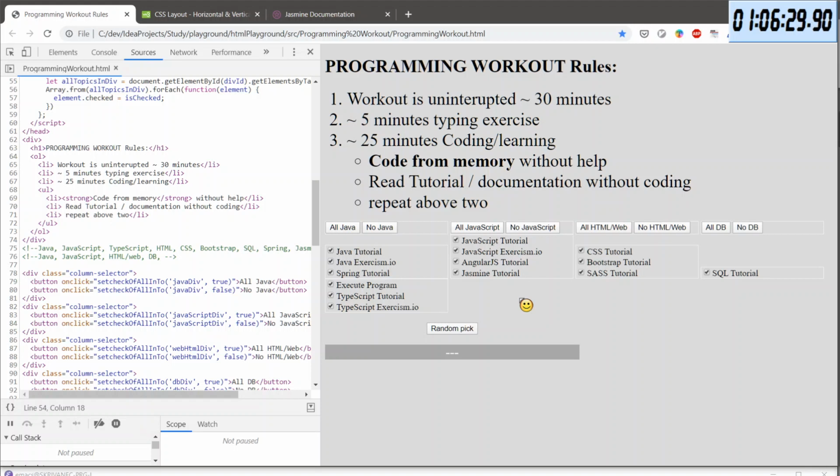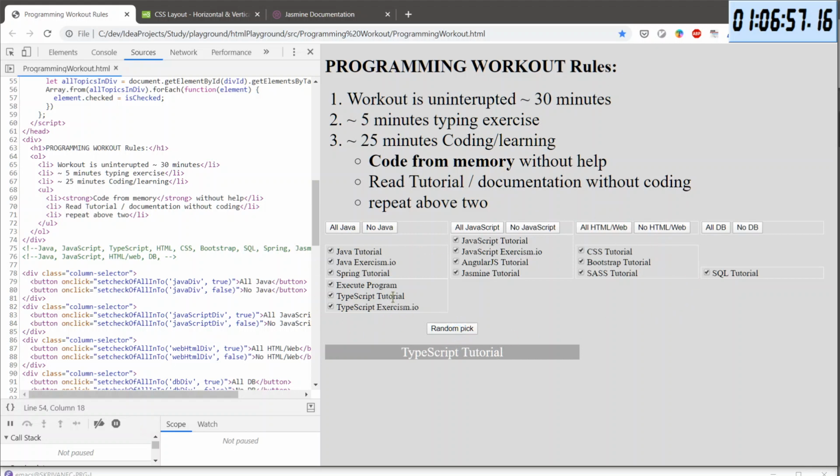Okay, looks good to me. And now when I use the random pick, it does something. TypeScript, execute program. Yeah, so it's taking only from those. And that is not what I want. I want it to take all of those.